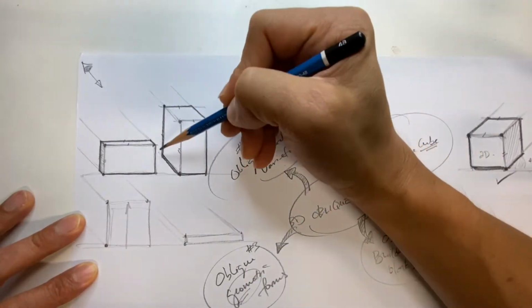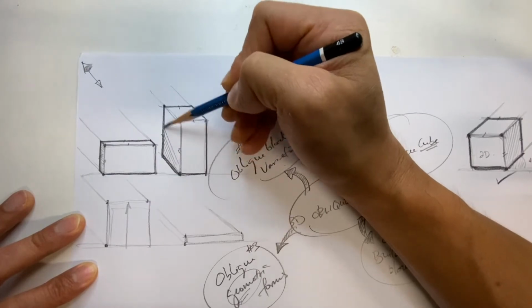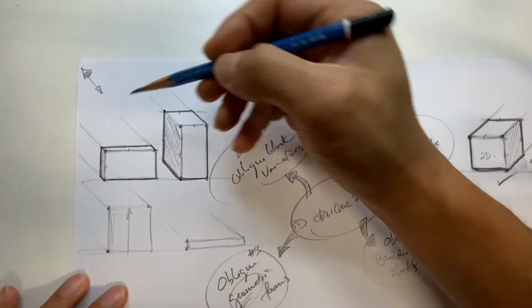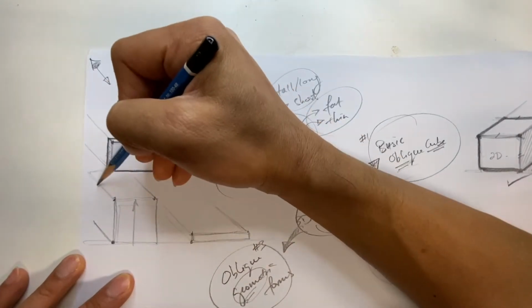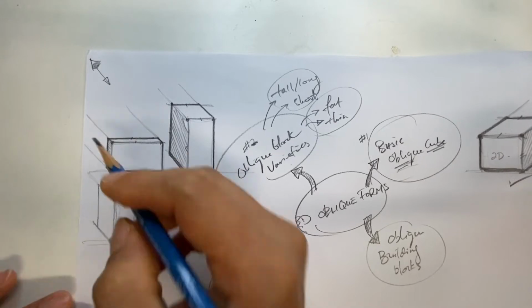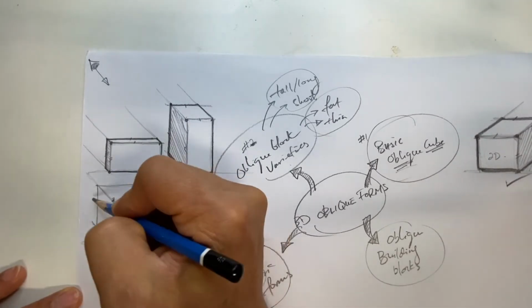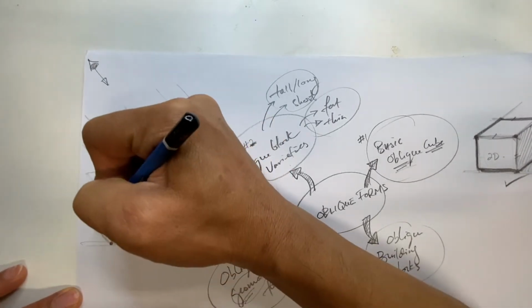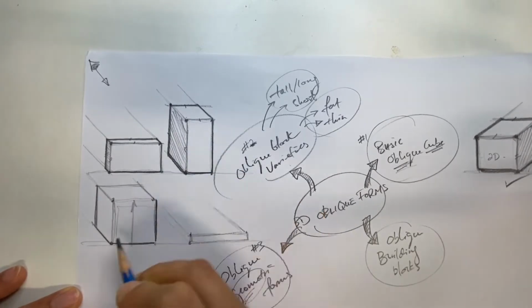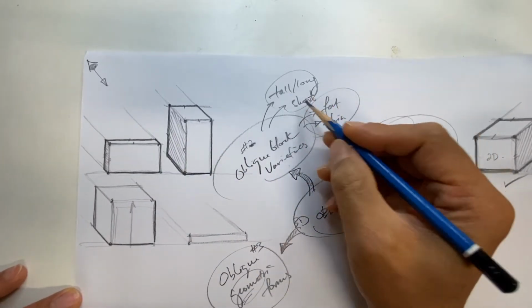There you go. Then I have another block. Then what about this? So as you draw and you practice, you decide the thickness that you want. You draw a variety of them. I only have 4. You can draw more. So all you need to do is to mix and match all these different